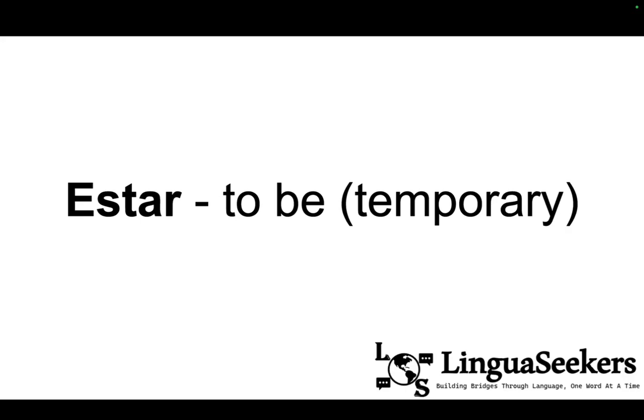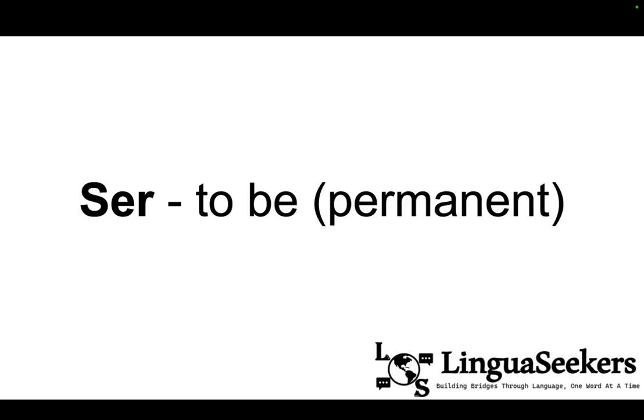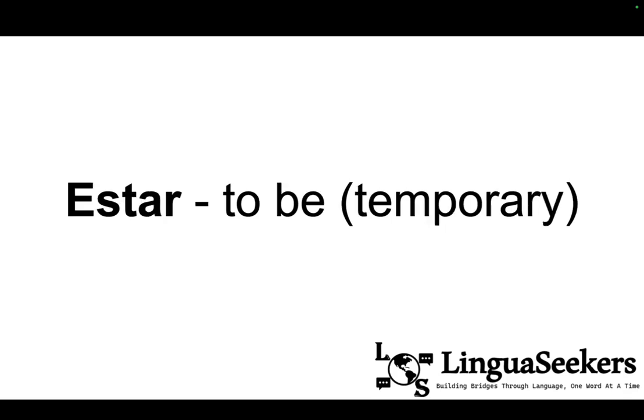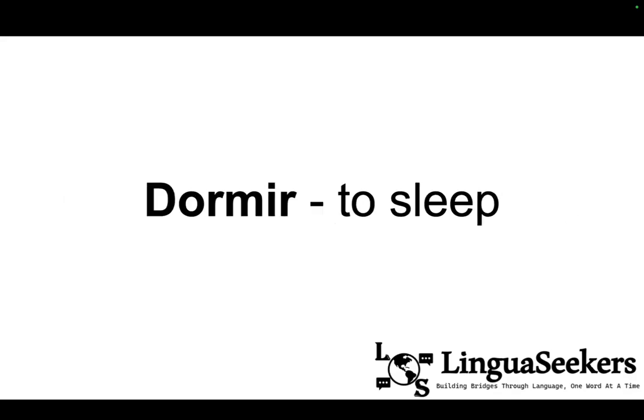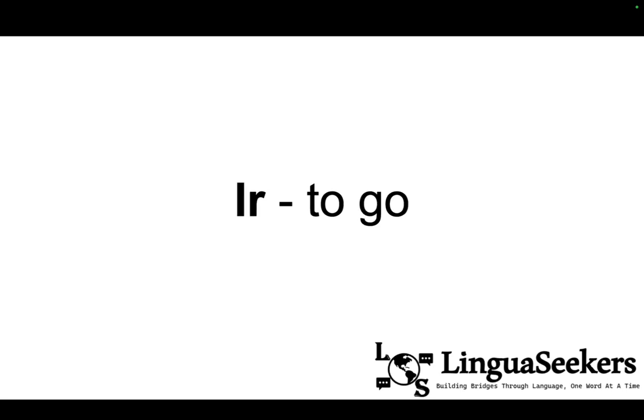Now we'll have a whole other video explaining the difference between ser and estar specifically and when to use which one. But for basic understanding, ser is for when you're talking about permanent actions, and estar is when you're talking about more temporary actions. Moving on, we have dormir, which means to sleep, ir, which means to go,